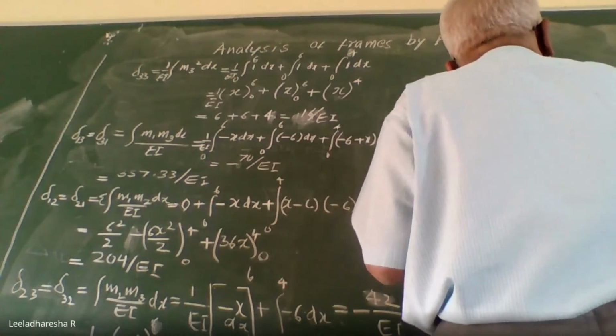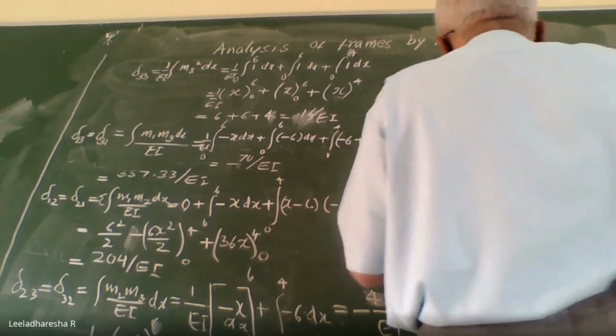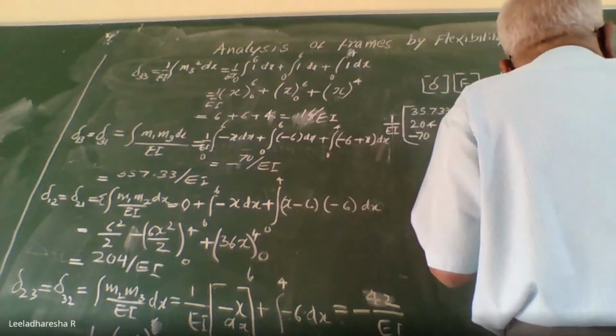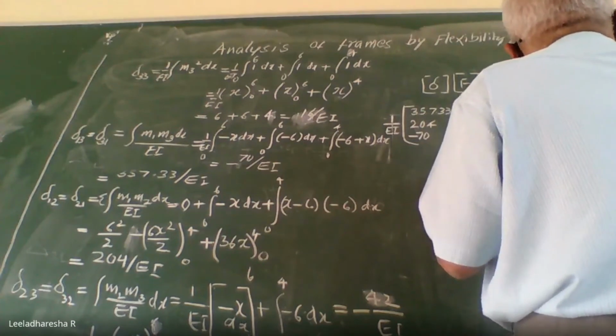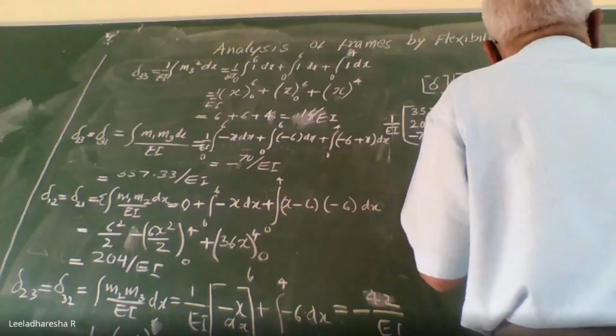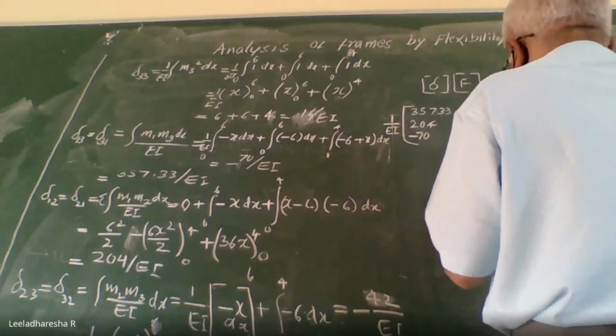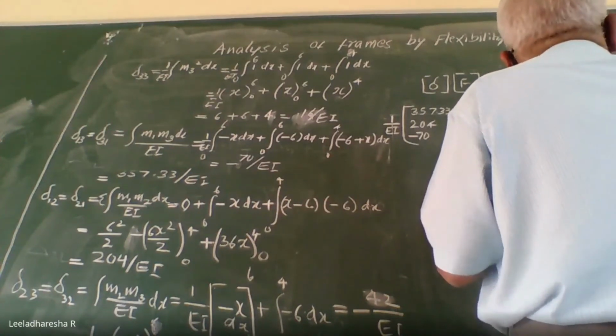These are the unknown forces. This is equal to delta due to load, that is 0. This capital delta is 0 for all the 3 forces. So 0